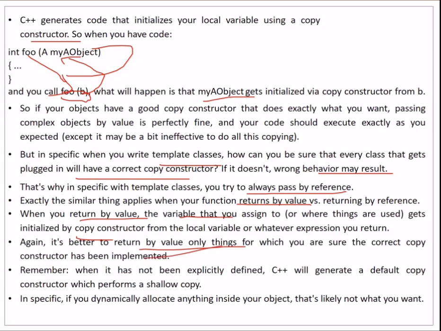When it has not been explicitly defined, C++ will generate a default copy constructor which performs a shallow copy. So specifically, if you are dynamically allocating anything inside your object, make sure that you do a deep copy. So thank you so much. Hope you got the idea about copy constructors, deep copy and shallow copy. Thank you.